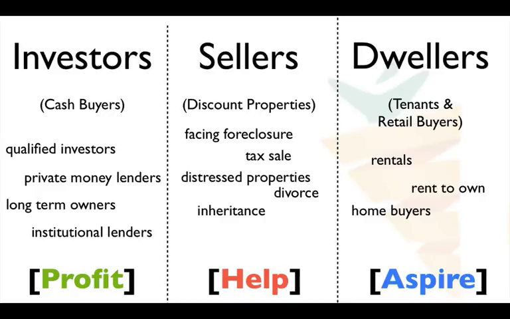That's going to be a very different message from a dweller, somebody who's an end user, a retail purchaser, somebody you want to pay the highest price. It's really about them living a dream. They're aspiring to be more than where they are now. And that aspirational message should be totally different than the one that you're sending to somebody who's in distress and in crisis. They're not going to respond well to glitz and flash and a lot of stuff that looks like you're making a lot of money off of distressed people.